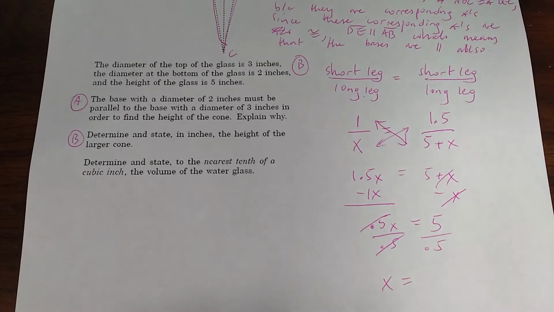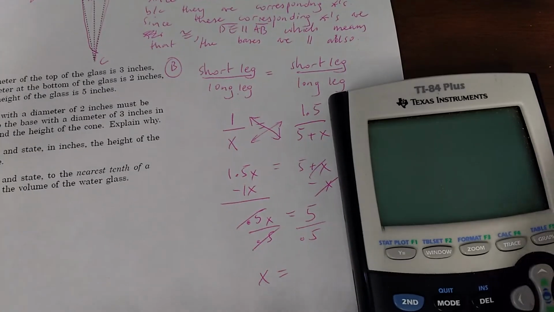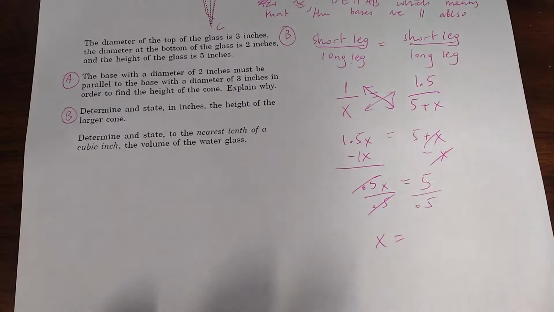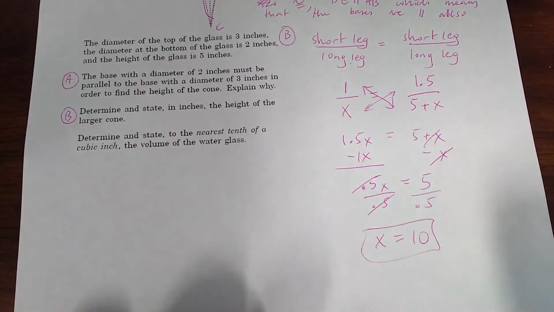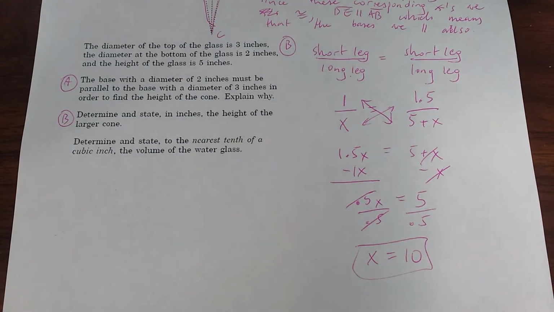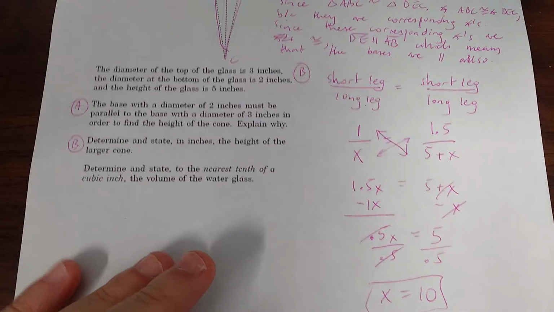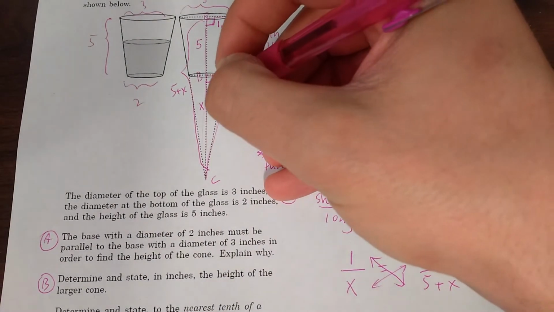X equals 5 divided by 0.5. If that's a little tricky to you, just use a calculator. 5 divided by a half is 10. So x equals 10. And now you might be tempted to just say that the answer to part B is 10, but it isn't, because notice that x represents